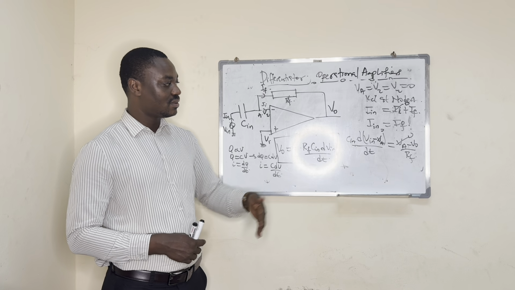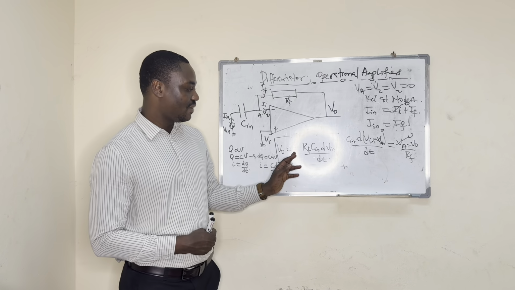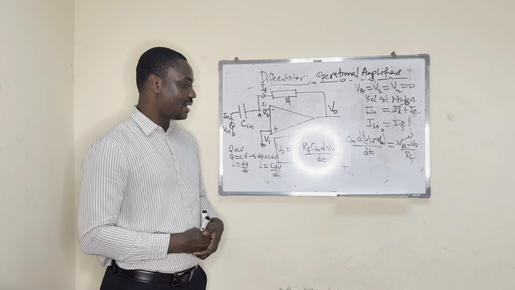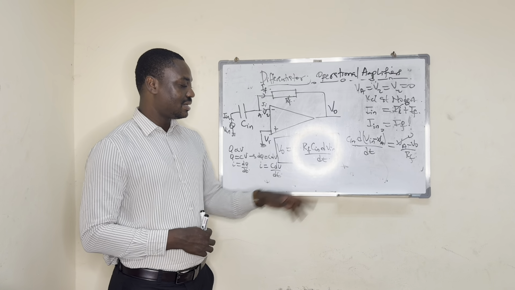Then we get this equation. Making the output voltage the subject, we get minus R_F times the input capacitance C_in,